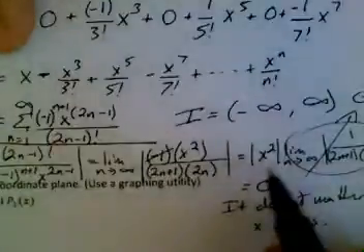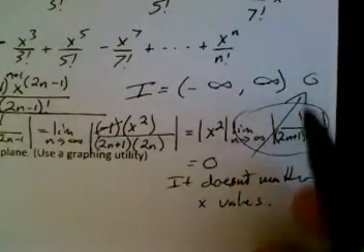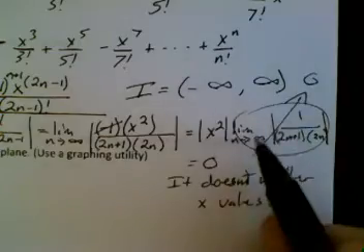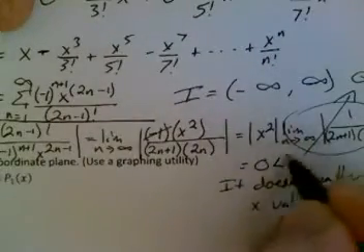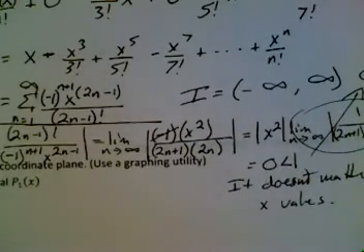Because I can pick any x value, and no matter what x value I pick, as long as I pick a number, this whole thing is still going to go to 0. And that's still less than 1. Okay, so with that being said,